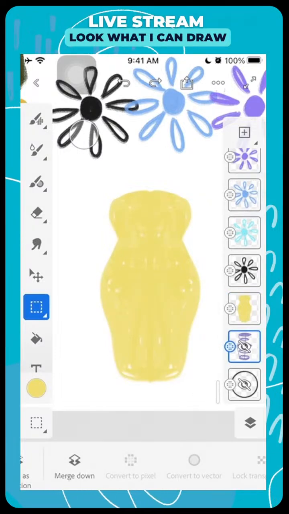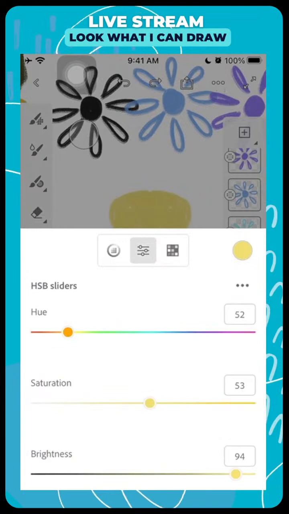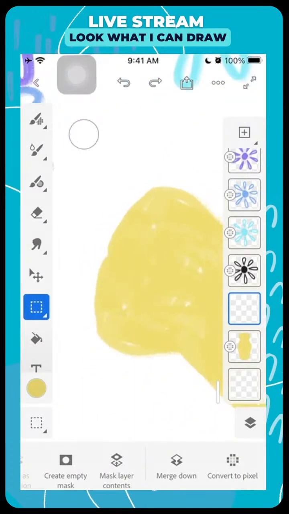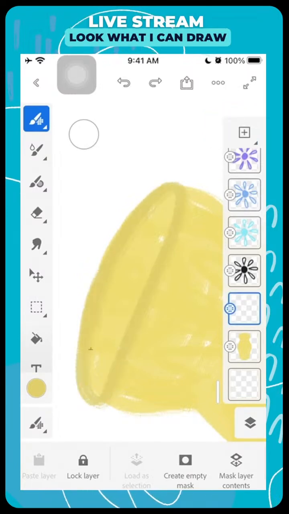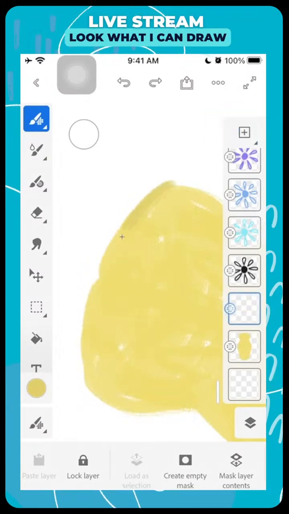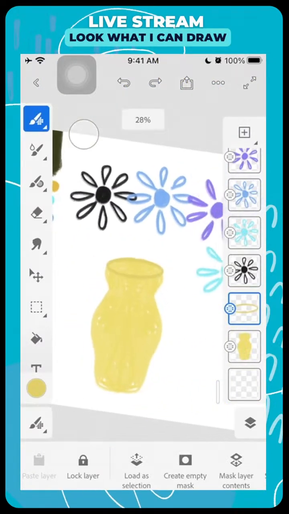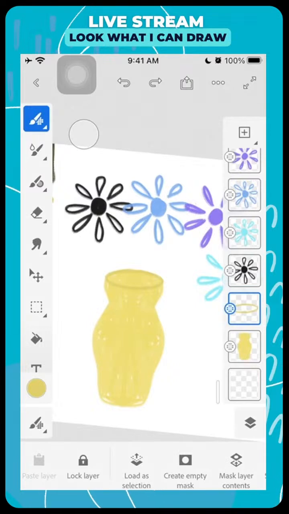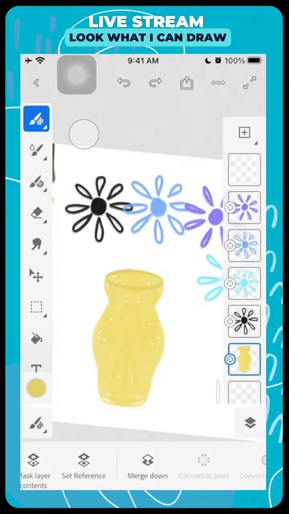Hide that other layer so we have a vase. And I will make the lip of it a little darker. Or rotate. Oops. Helps to choose the brush. Okay. Cool. Alright. Merge that down. And last but not least, take our little flowers